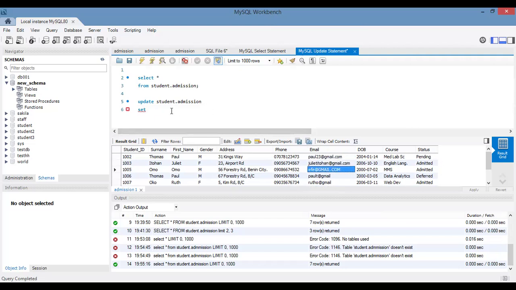So I want to correct it. So I will say set email equals paul23 at yahoo.com,